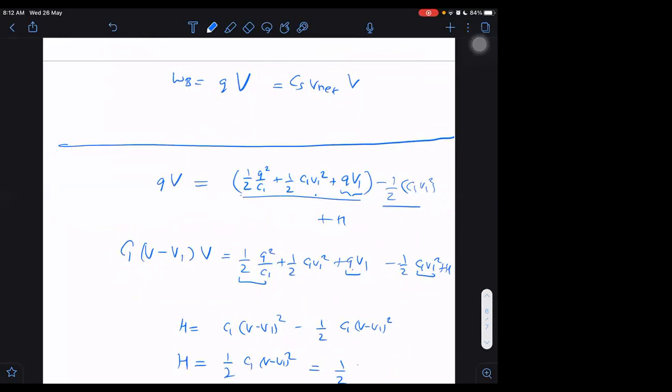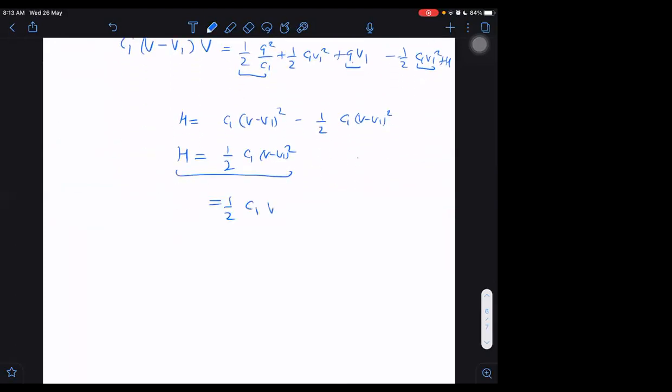When we did that, we got half of C1 into V minus V1 square. So this formula is good to find out heat energy dissipated. Mainly, if I have to say it again in a nutshell, if I make the series equivalent diagram, and here I find the effective V, which is obtained from the actual battery and the battery connected in series with it. Do you understand what I am taking here? If it is an initially charged capacitor, I can take it like an uncharged capacitor in series with the battery.